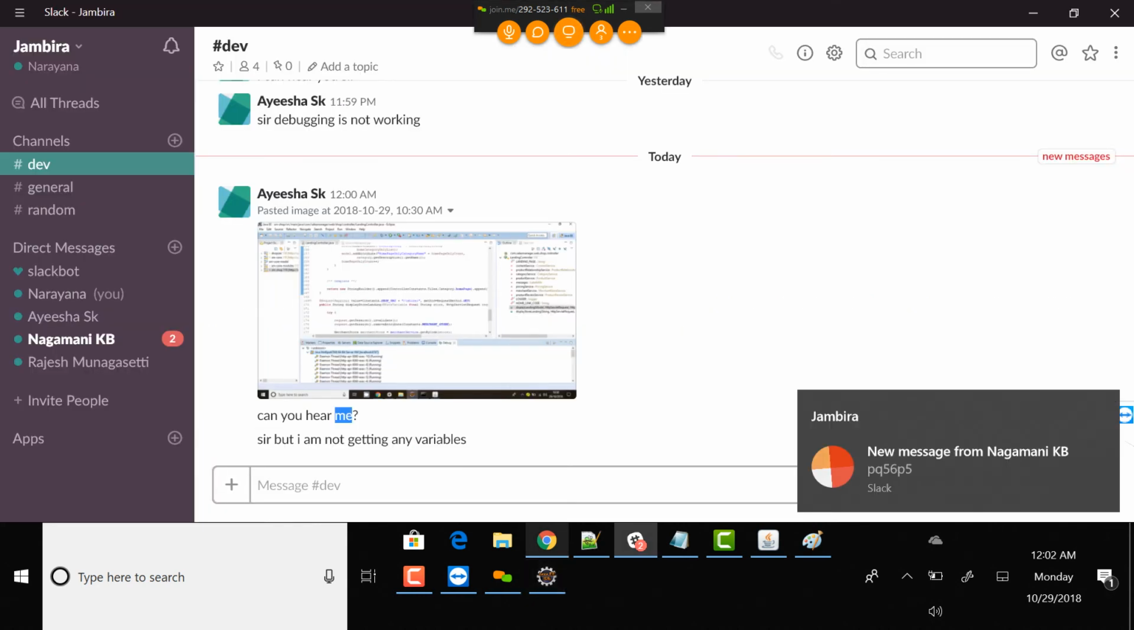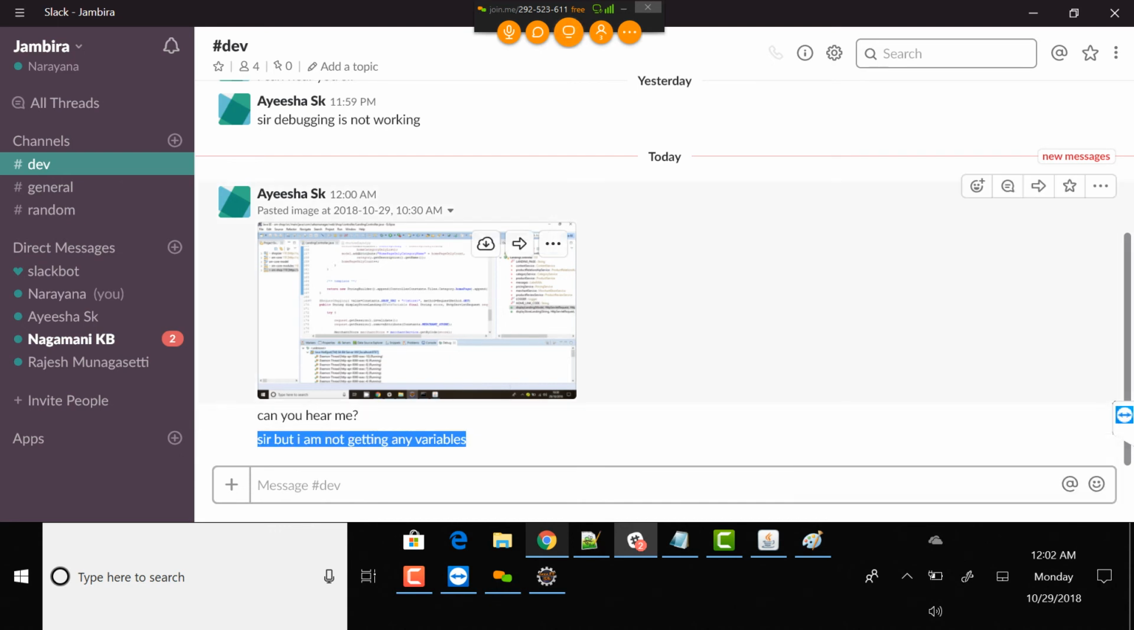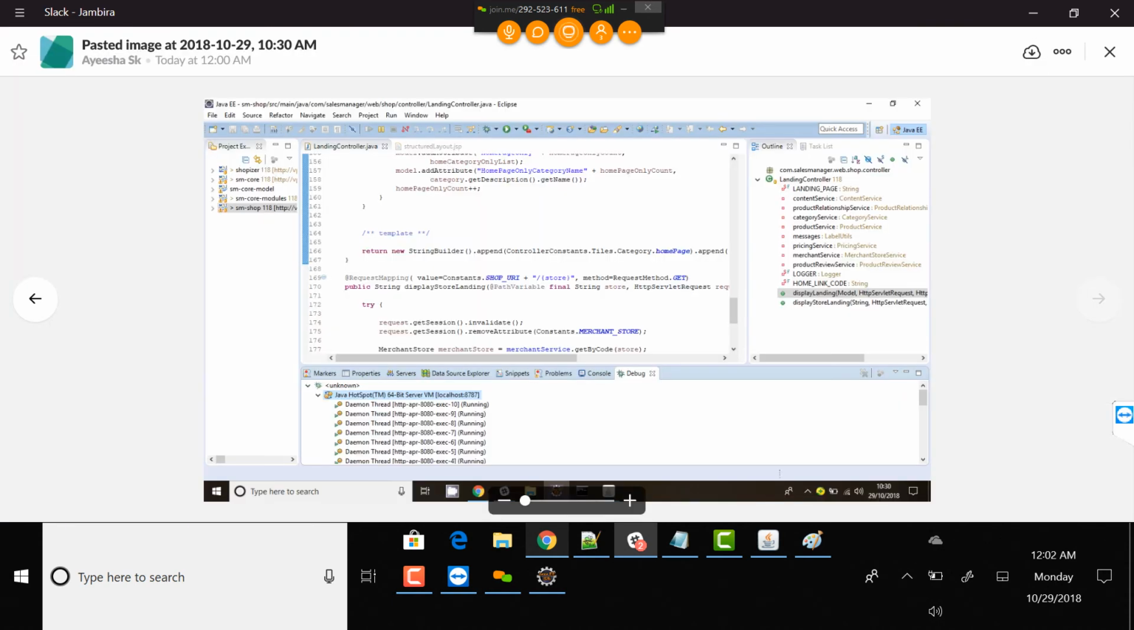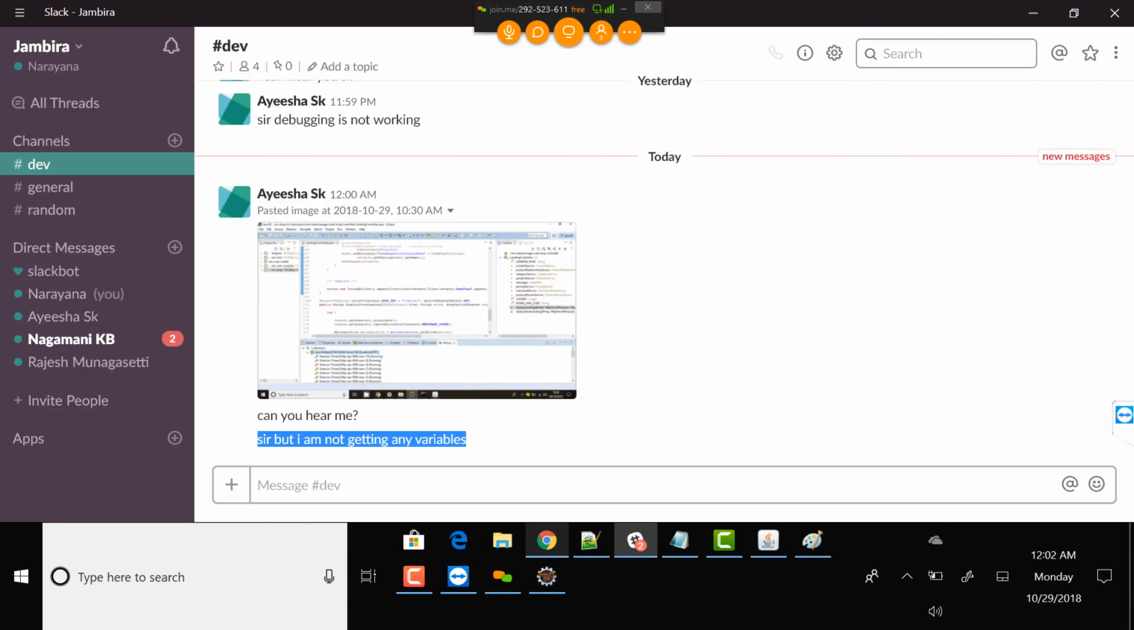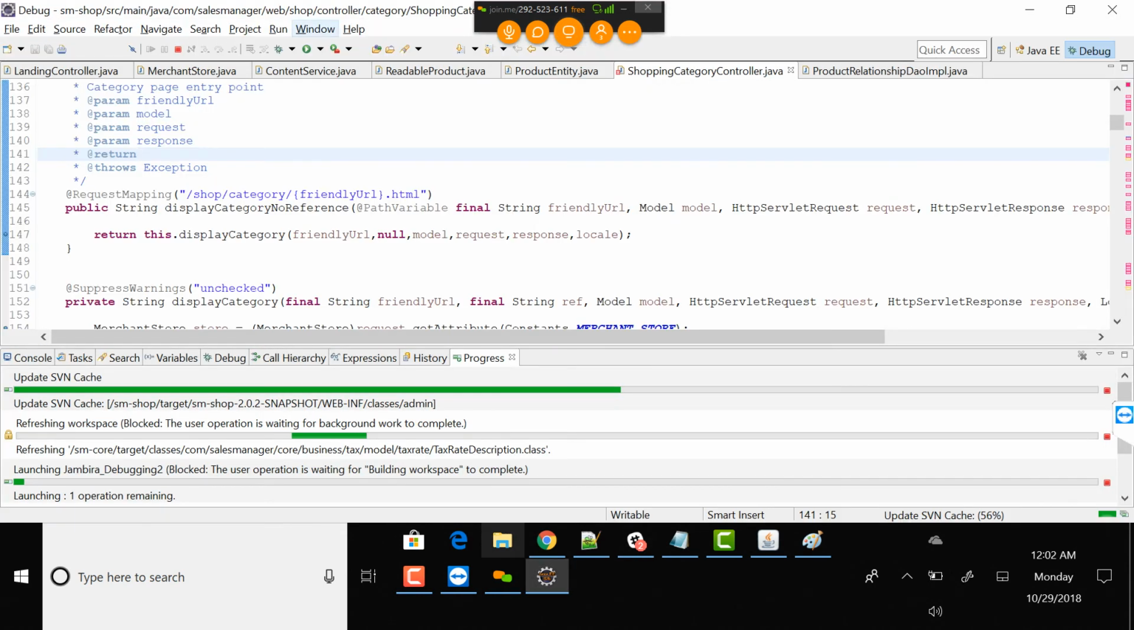Hit the request. If you're not getting the variables, that is a variable window. When you're not getting any variables, you don't say debug is not working. First thing, when you're not seeing the variables, go here. Any window, if you're not seeing it, go to Window, Show View,